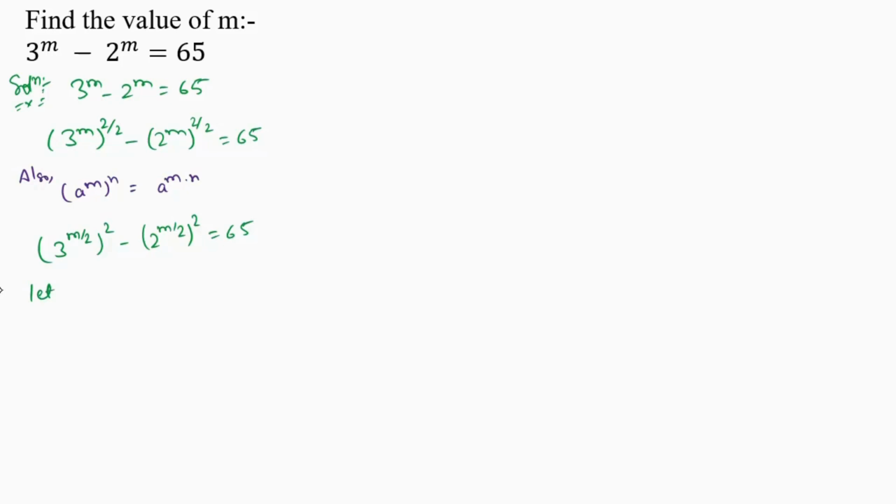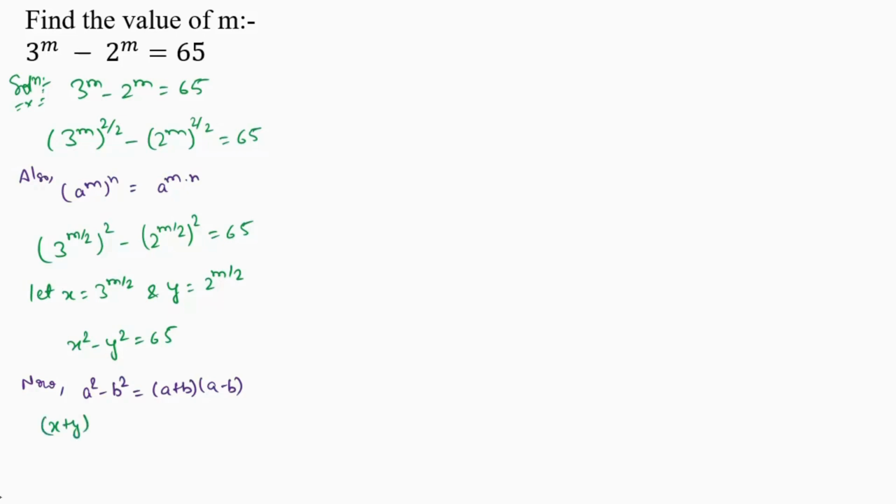Now let x equals to 3 raised to power m by 2 and y equals to 2 raised to power m by 2. So we get x raised to power 2 minus y square equals to 65. Now we know a square minus b square equals to (a plus b) times (a minus b). So our equation will become (x plus y) times (x minus y) equals to 65, which can be written as 13 times 5. So on equating